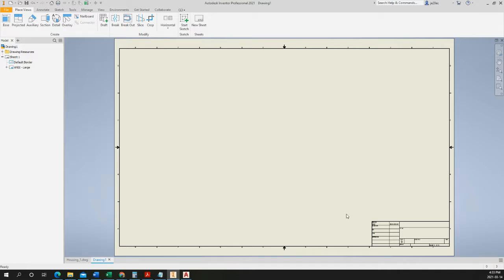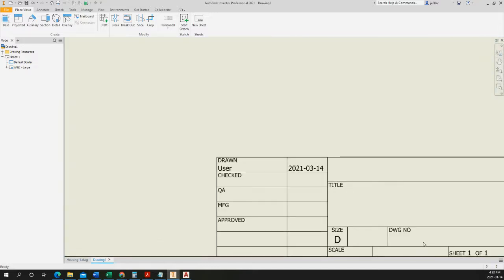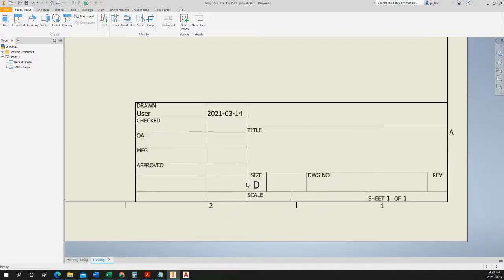The first thing that we're going to do is play around with changing the sheet size. So if I zoom in on this drawing, you'll see that this is a D size sheet, which is a pretty large drawing. For the parts that we've been drawing, we're going to use a slightly smaller sheet size. We're going to use a B size sheet. And the way you can change that is over here in your browser window. You can highlight or hover your cursor over the Sheet 1, and then if you right click,